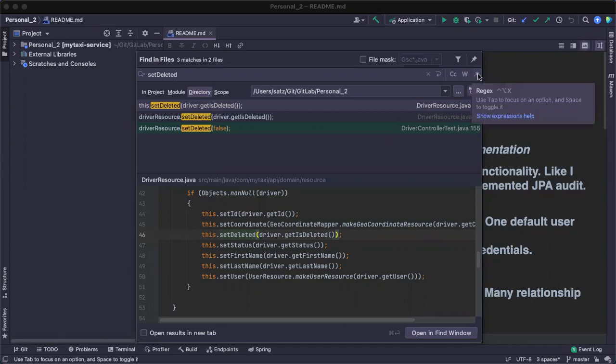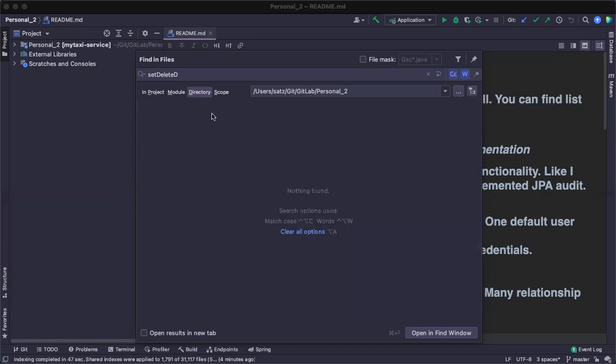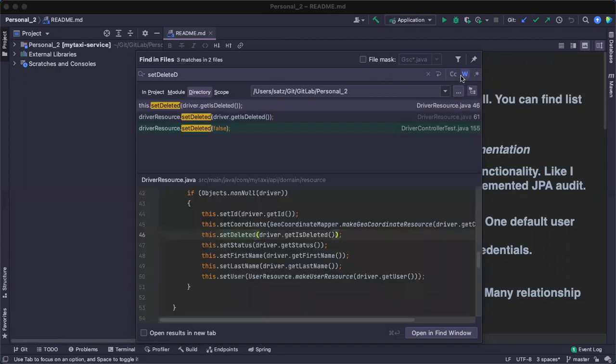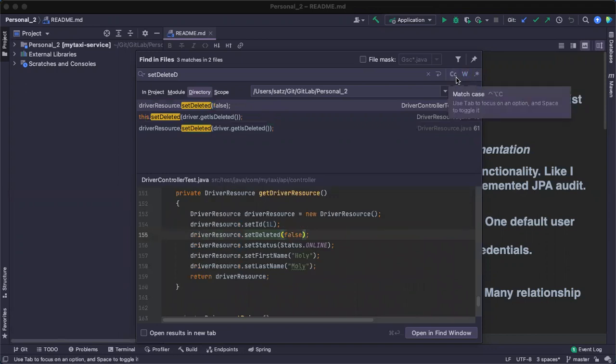If you want to use a proper regular expression, you can use that one also. This is a given default, for simplicity. But if you want to search with the proper regular expression, you can use that one also. For example, if I put W, that means words. The moment I put a capital D, still the word is coming. But here if I put the match case, I will not get anything. So this is one of the advantages of indexing.